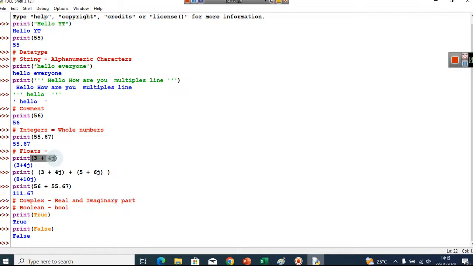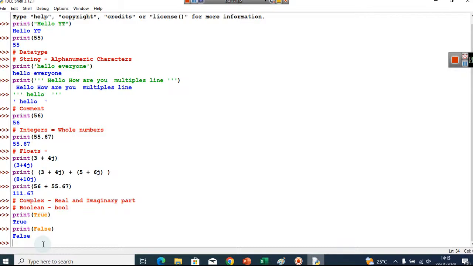How can we trim a string? How can we replace words in a string with another word? How can we do a lot of stuff with strings, and similarly for other data types also. So these are the basic data types that we have in Python.